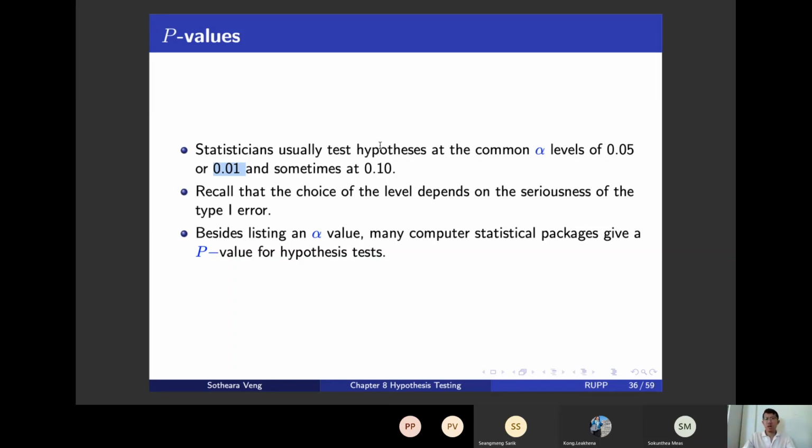So far, when you decide on the significance level, you have to compute the critical value, right? And you have to base on the critical value to decide whether to reject the null hypothesis. But in some statistical software, it will not give you the critical value, but instead it gives you the p-value. Okay, it's another value